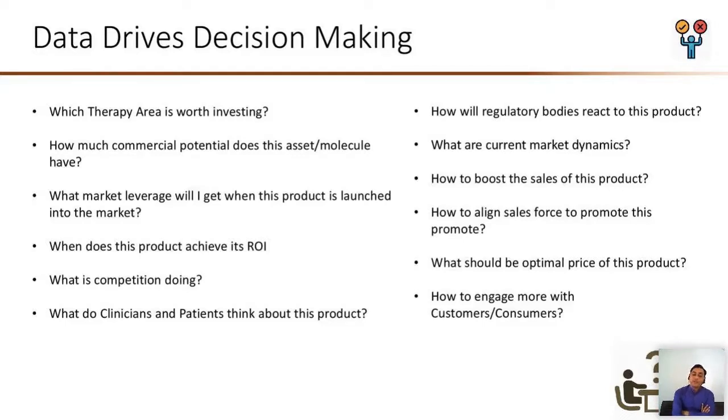By virtue of that, we will be able to understand how the market is doing, what the dynamics are, how we will be able to fit our product into those dynamics, and how we are going to boost the sales of the particular product. So we need to understand the competitors' strategies and processes, and at the same time develop our own strategies for promoting the product.